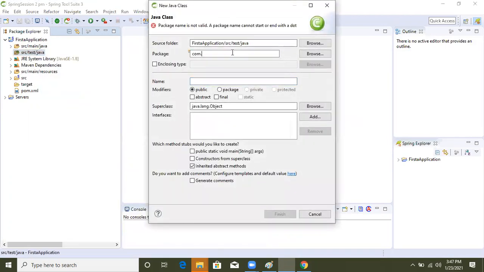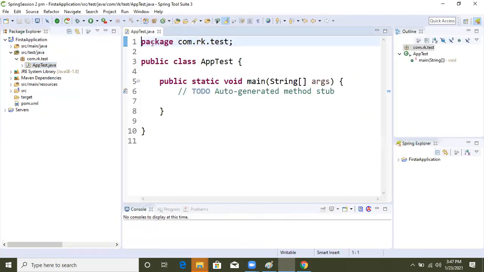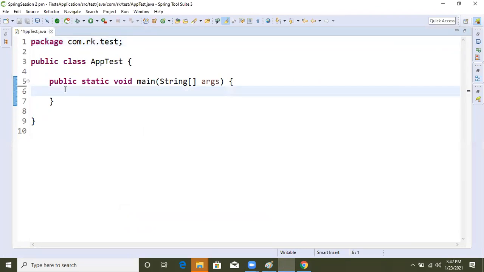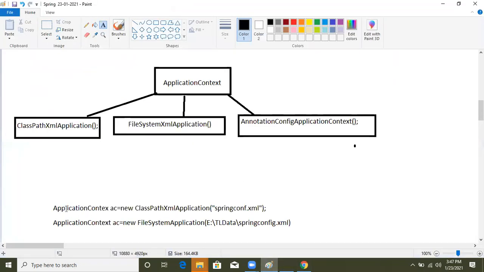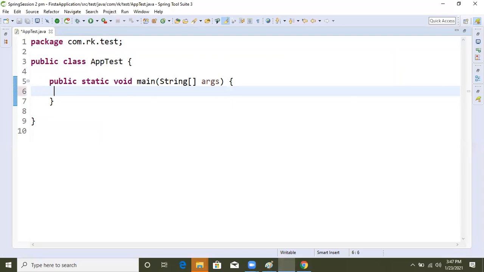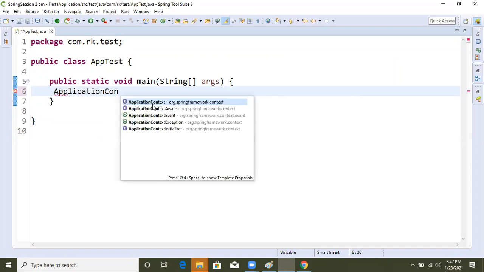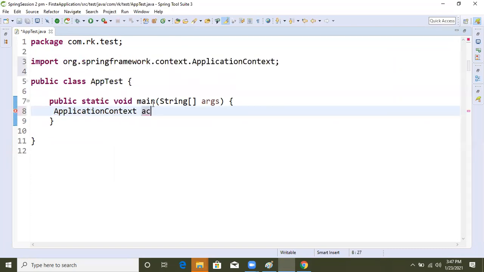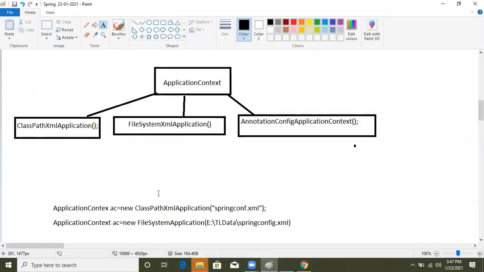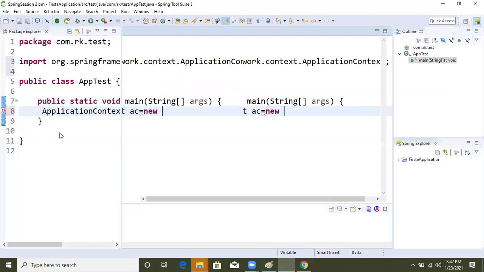Now com.rk.test file with main method. How we will create that object, as in the diagram: ApplicationContext AC equal to new ClassPathXmlApplicationContext. Why are we going to take this one?